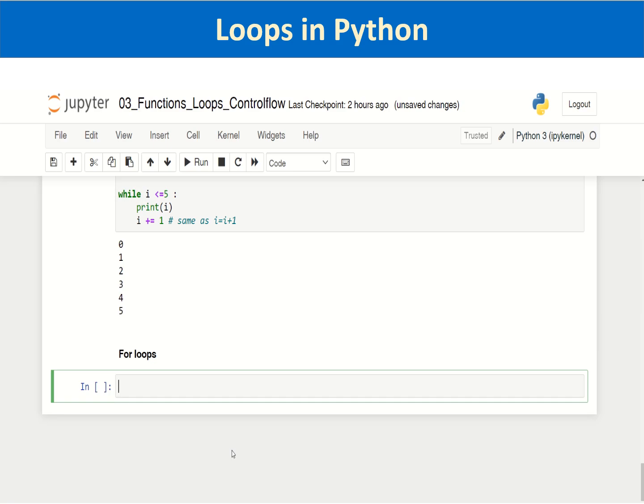So for loops are used for iterating over sequences or collections of items. Now the sequences can be anything. It can be a string, it can be a list of items, a tuple, a dictionary where iteration can be done on the keys, a set, or any user defined object